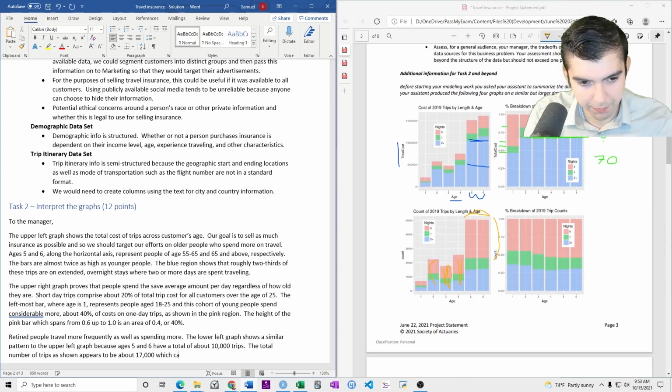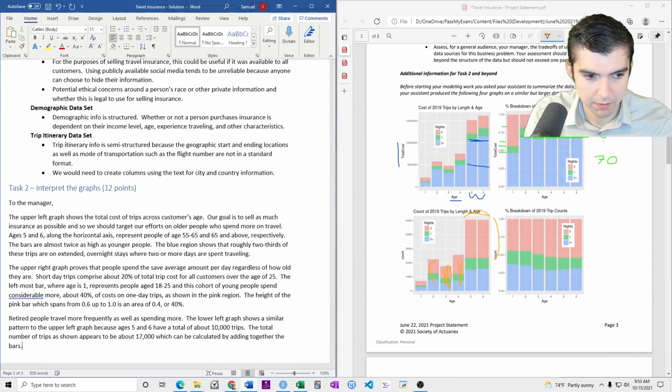Which can be found by adding together the bars. The two rightmost bars are 5,000 each. The bar where age is 4 is about 3,000, and so forth.